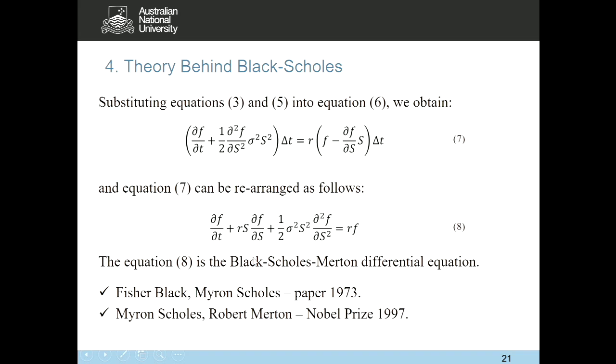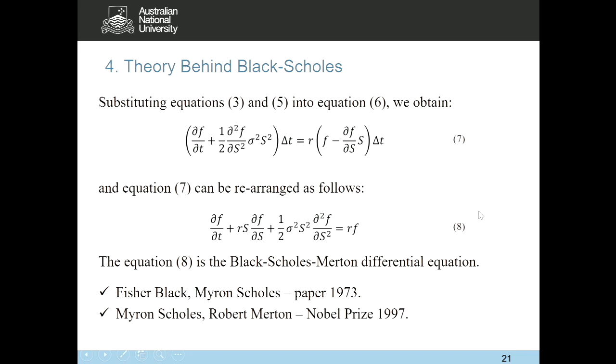And so this is the equation that Fischer Black and Myron Scholes got in their 1973 paper. Then Robert Merton did some other work. So basically, Robert Merton solved this partial differential equation with some boundary conditions. And all three were actually awarded the Nobel Prize in 1997. Unfortunately, Fischer Black passed away in 1995. So only Myron Scholes and Robert Merton received the Nobel Prize in 1997 for coming up with this equation here, equation